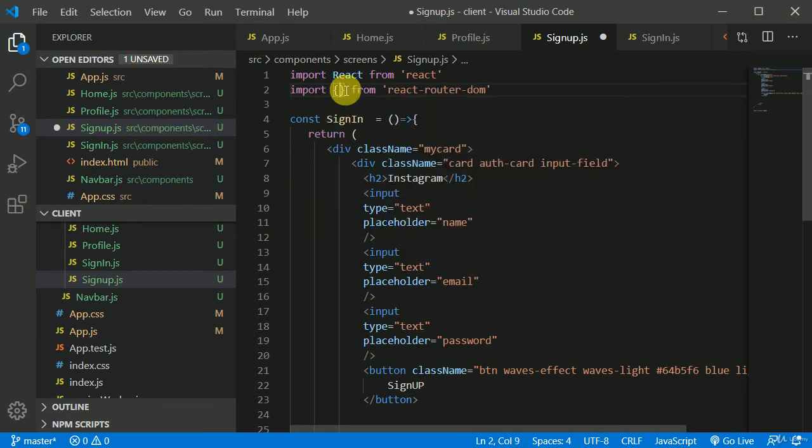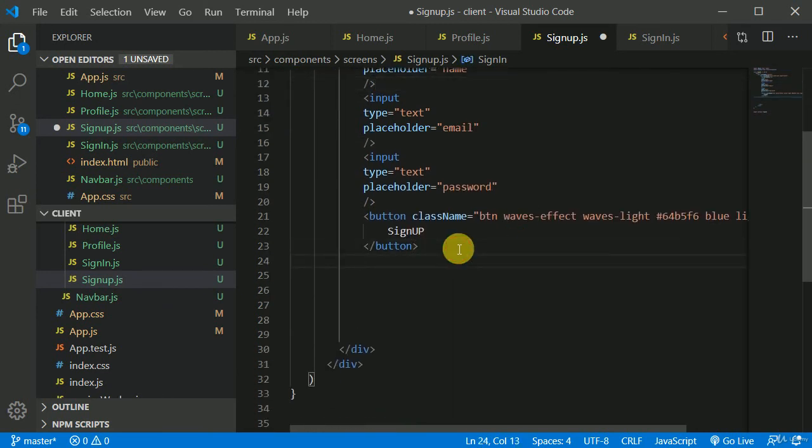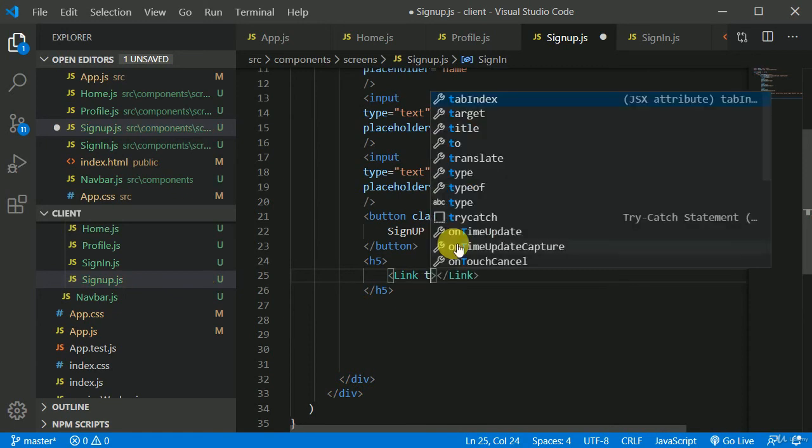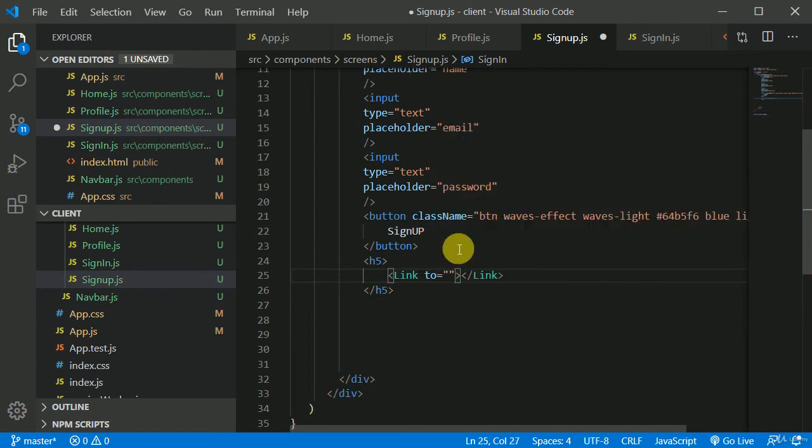Maybe we can put this in an h5 tag, and inside this h5 we will have a Link. This is the sign up screen, so I will navigate the user to sign in, and here I can write: already have an account?